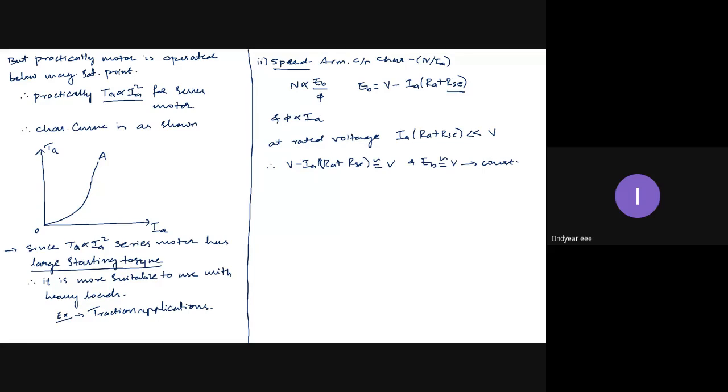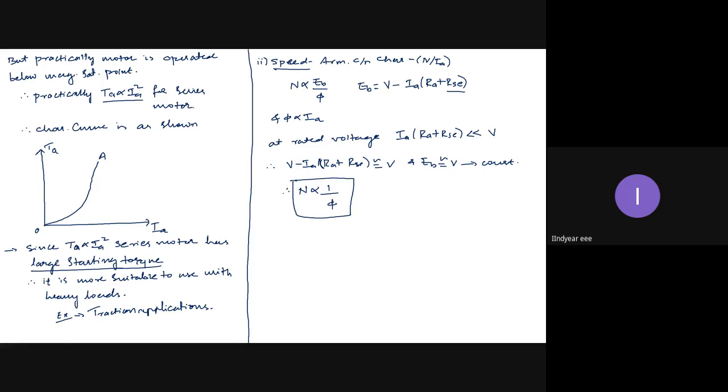So when you observe, back EMF is almost constant in every machine. Back EMF will not vary much. Back EMF is almost constant in every machine, whether shunt, series, or compound. Therefore, I can write, speed is inversely proportional to flux. This is one of the very important relationships in DC motors, DC series motor or shunt motor, in both. It is important because based on this relation, there is one method of speed control.